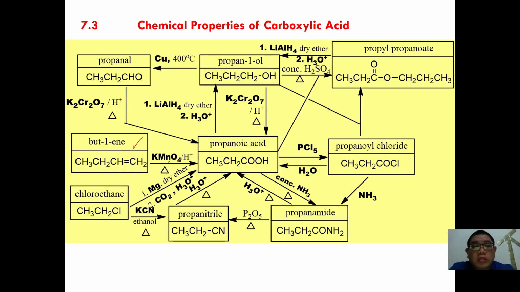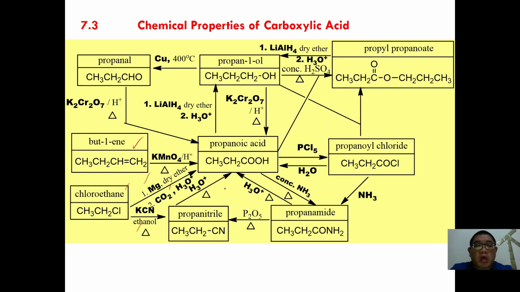You can use a hot concentrated acidified potassium manganate to cause the carbon cleavage and form carboxylic acid. You can also make use of the haloalkane to synthesise a Grignard reagent followed by carbon dioxide and acidic hydrolysis. Or you can also react with ethanolic potassium cyanide under reflux to form a propanenitrile, followed by